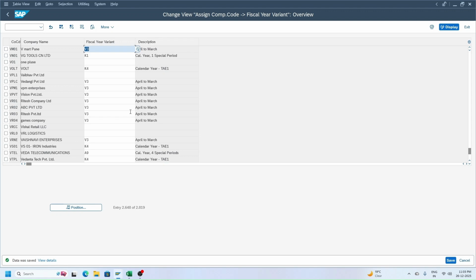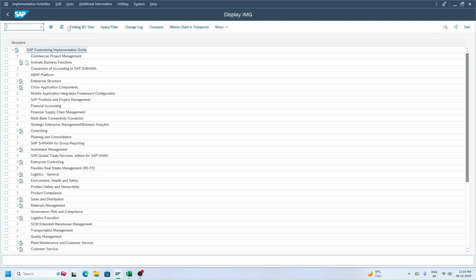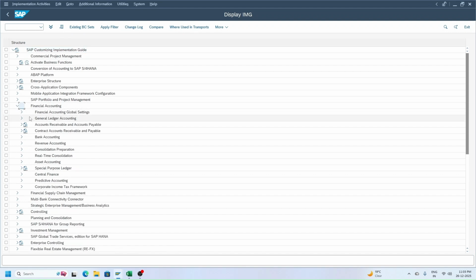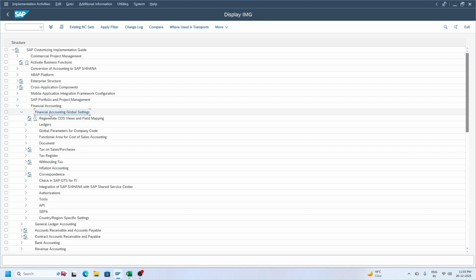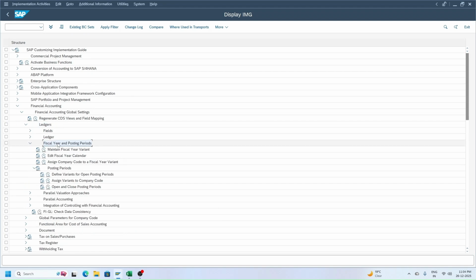Now next is open and close posting period. T code is OB52 and path is SPRO, SAP reference IMG, financial accounting global settings, ledger and fiscal year and posting periods, and open and close posting period.